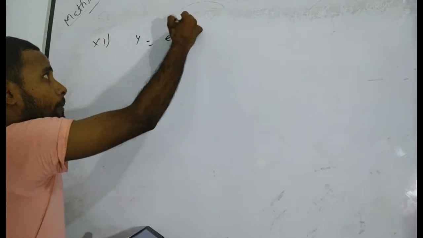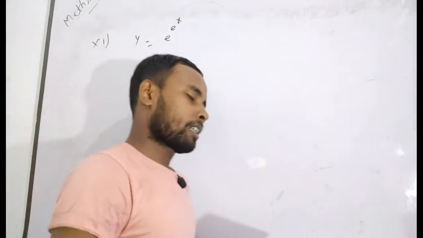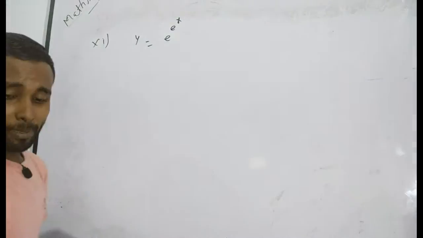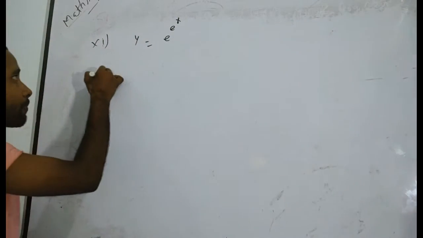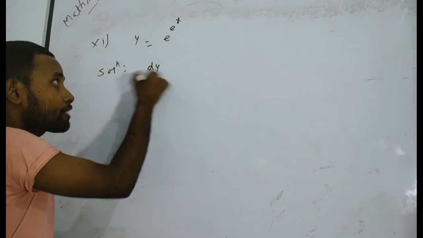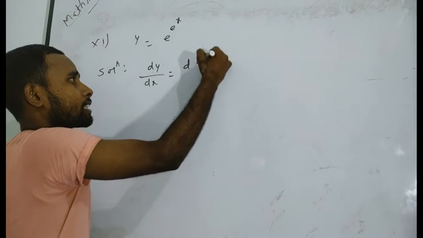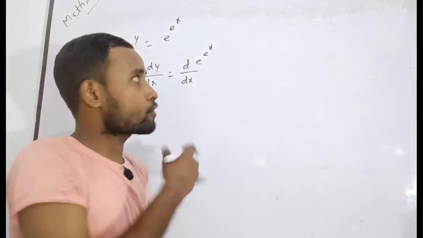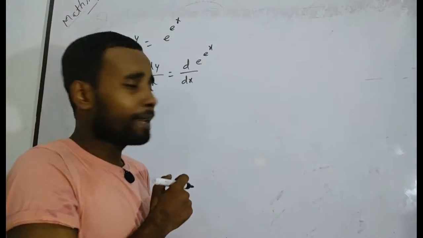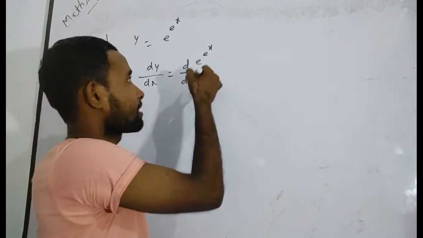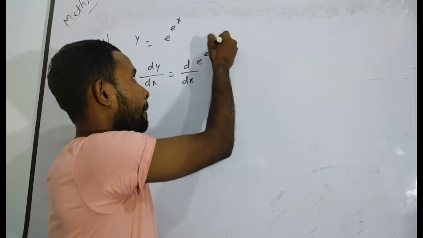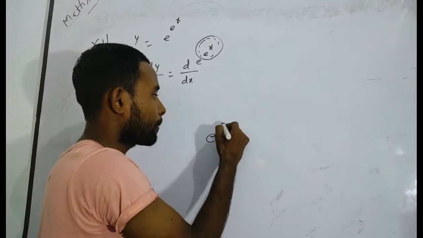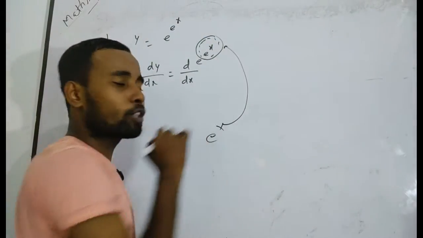y is equal to e to the power e to the power x. How can you solve this problem? If you see here, y is equal to e to the power e to the power x. Similar way, you have to again proceed, differentiating on both sides with respect to x. Now you have to compare in which formula it will fit. Definitely, sir, this is e to the power x, but in place of x, there is given e to the power x. That means there is the form of e to the power X, in place of x there is given e to the power x.